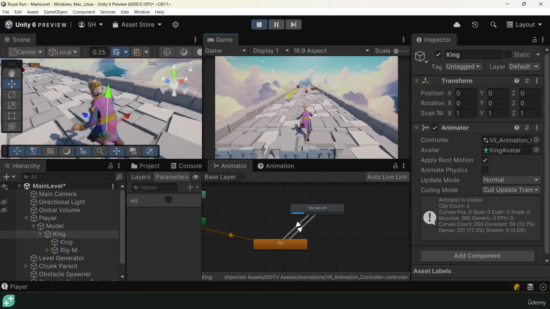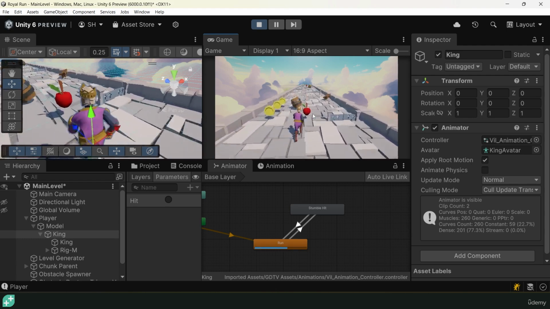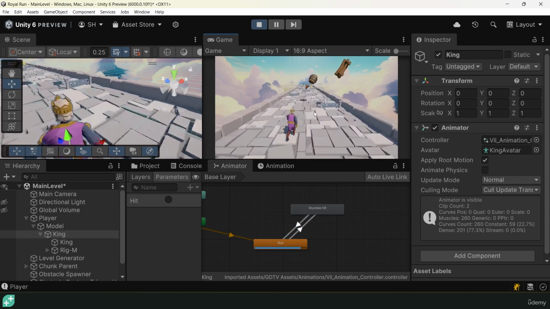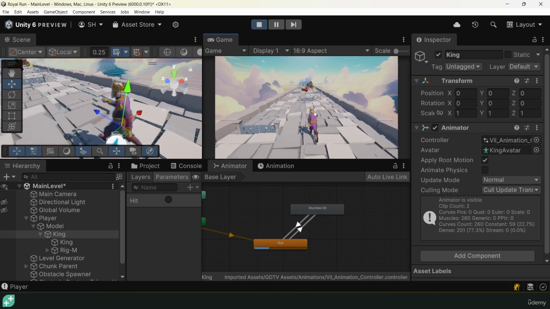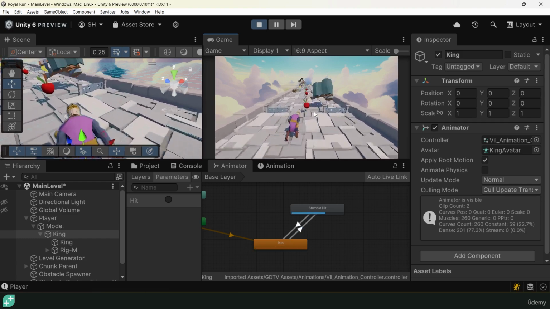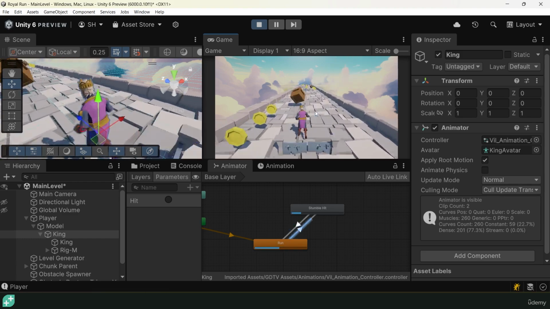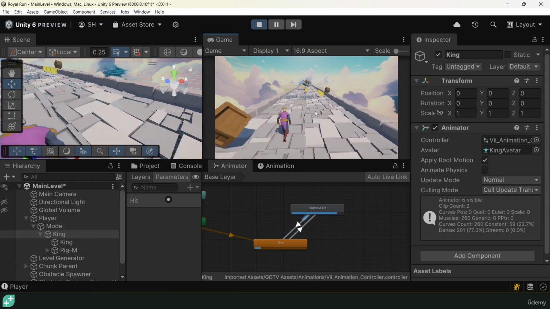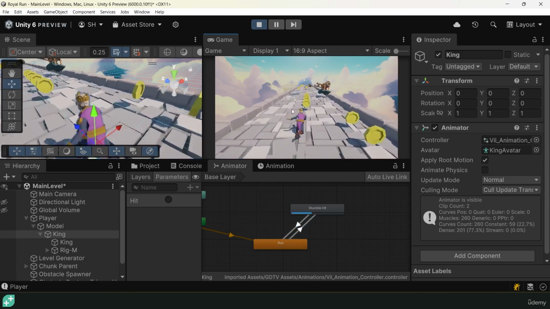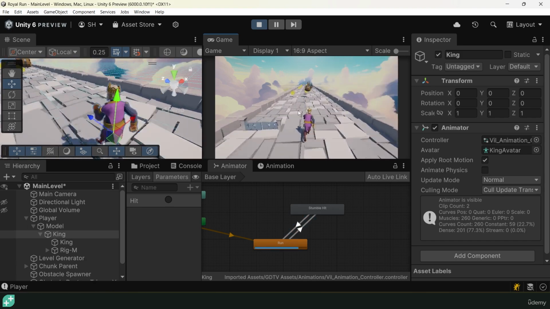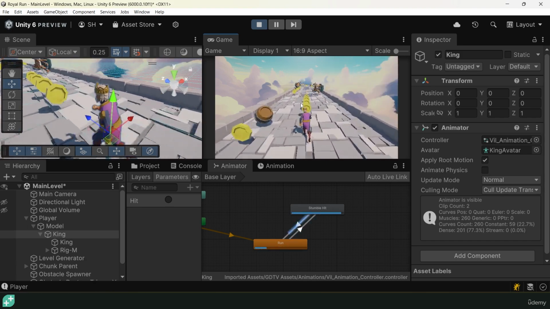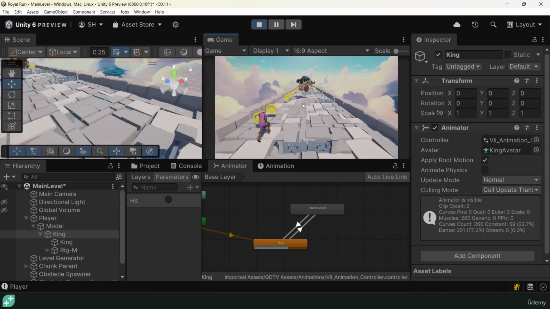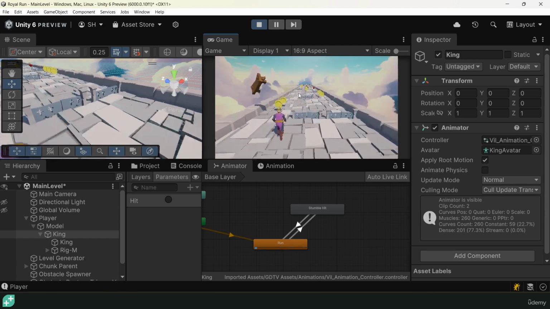Well, great. Every single time we get hit by a fence or get hit by an obstacle, let's see if I can hit this barrel. Yep, there we go. We're properly stumbling our king and firing that animation transition effect. Now it's going to be a little bit hard to see, but let's see if I can hit this fence and this box at the exact same time. Okay, perfect. You can actually see it even had a little bit of a hard time detecting when we exactly hit the box